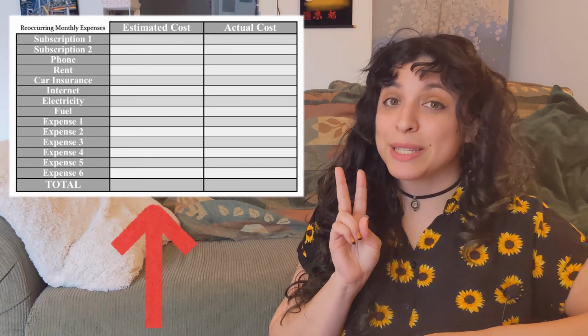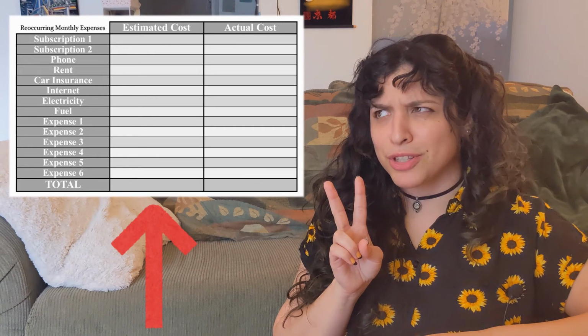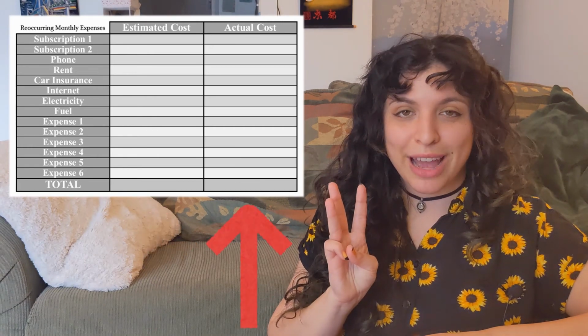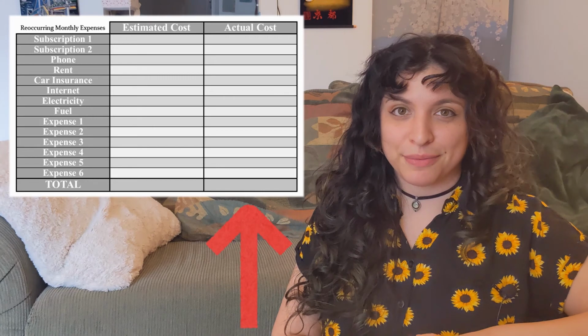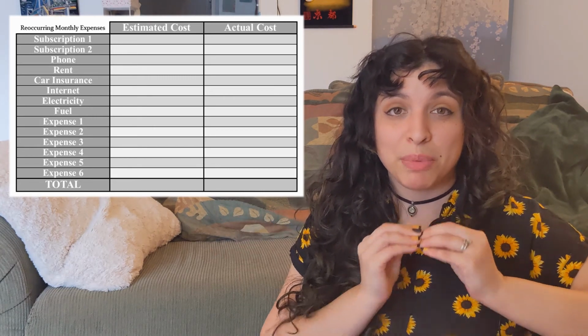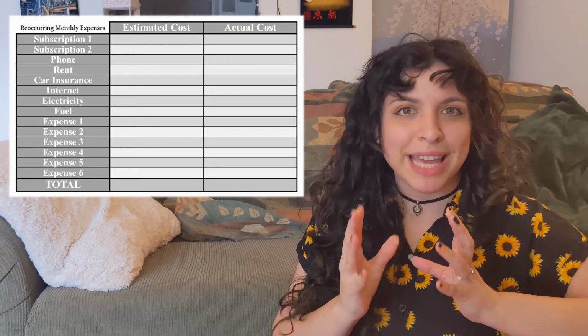One to tell me how much I expect it to cost, in other words, how much I am budgeting for it. And one to write in how much I've actually spent for it this month. This is the meat and potatoes of the budget, and it is where most of the planning and number crunching